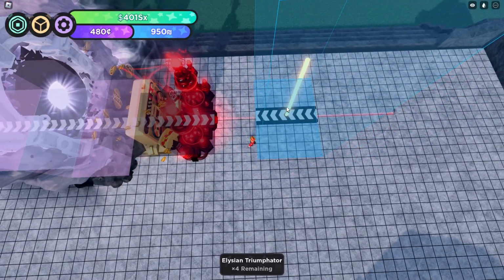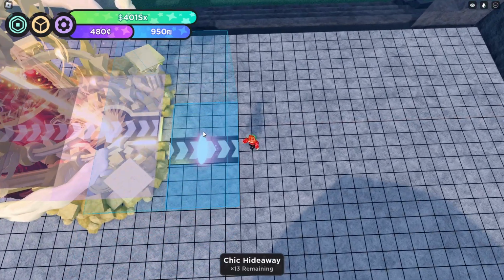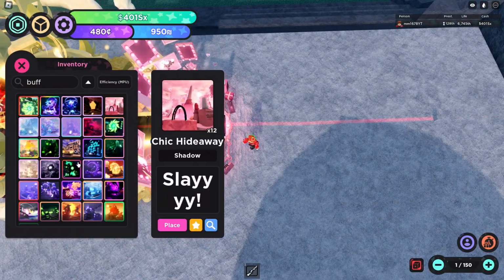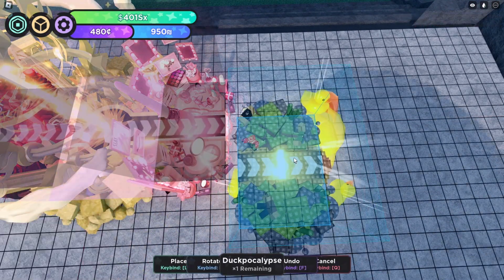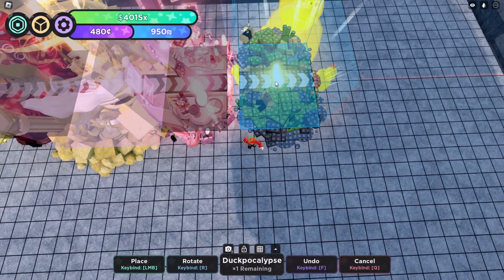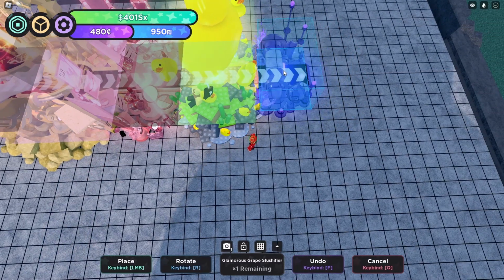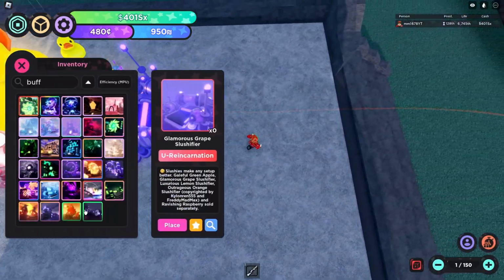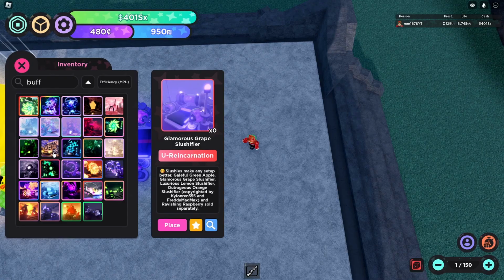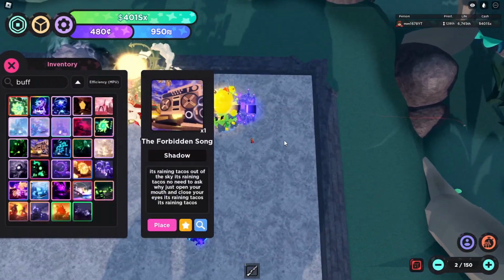You want to have all your buff graders at the beginning of your setup to use as much of their buff as possible. I don't think Duck Apocalypse is the one that gives nostalgic, really? That's how that works? Okay. I mean, I will not question that. But anyway,